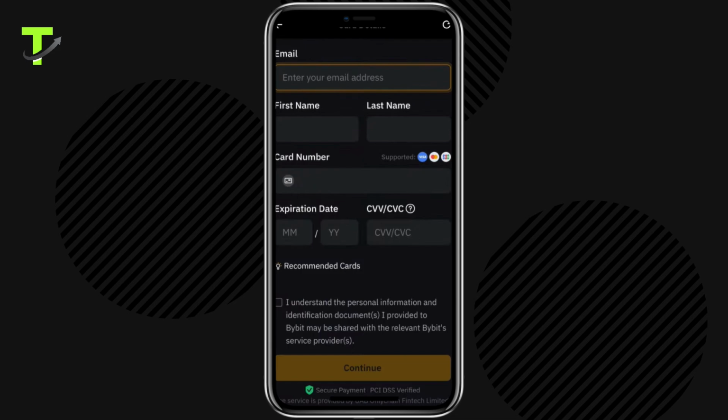Enter your email address, full name, card number, expiration date, and CVV. After checking the box for the terms and conditions, press Continue. On the next page, complete your payment, and the money will be debited from your bank account and deposited into